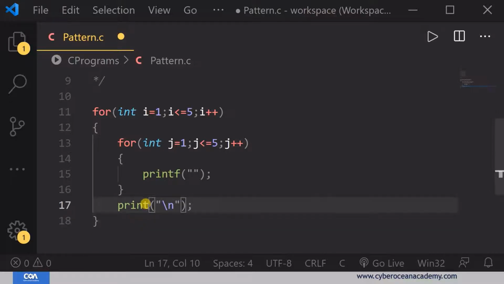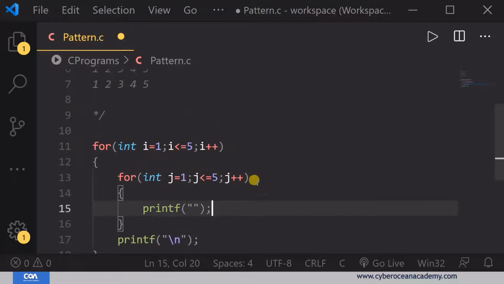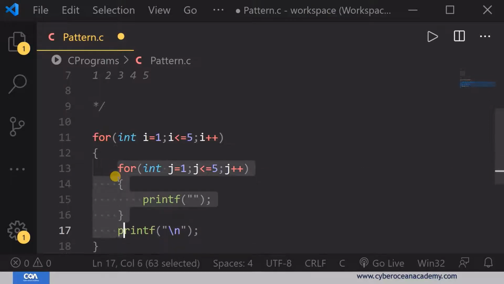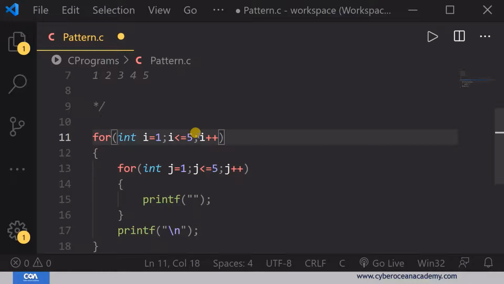Okay, and now you can understand when this statement executes. After that, the value of i increases as i = i + 1. Okay, and it will check the condition i <= 5. The new value of i is 2, and now again the condition is true and it will go inside this statement.